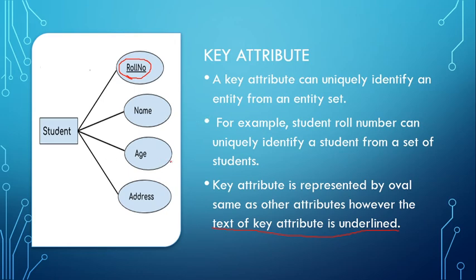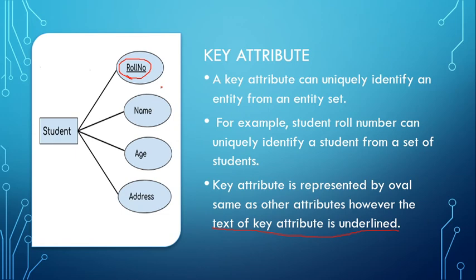Age, some 22. Many in the class will have the same kind of age group. Address, suppose from Medak, some 4 or 5 people will be there from Medak. But roll number, if you are taking roll number, only one person will be there with that particular roll number. So that's why we call it a uniquely identified number. We are keeping the uniquely identifying number as a key attribute. With the help of this key attribute, we can easily identify the student and easily retrieve the information.